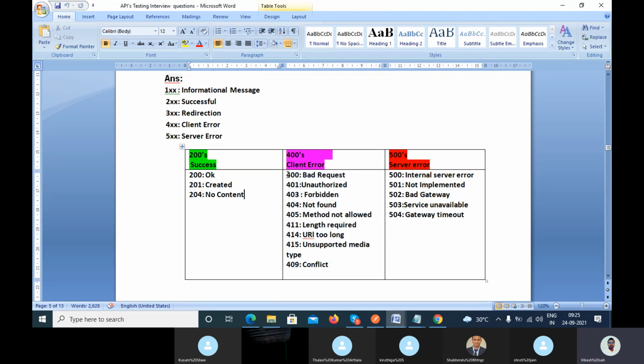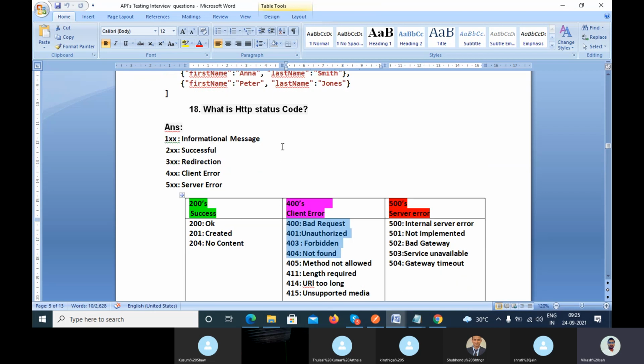So the status codes you will get majorly are 400, 401, 403, 404, and 409. You can say you have faced only those. In an interview, they will not directly ask you what the status codes are. They will ask you, while doing your testing, what status codes you have faced. So you can answer like that.